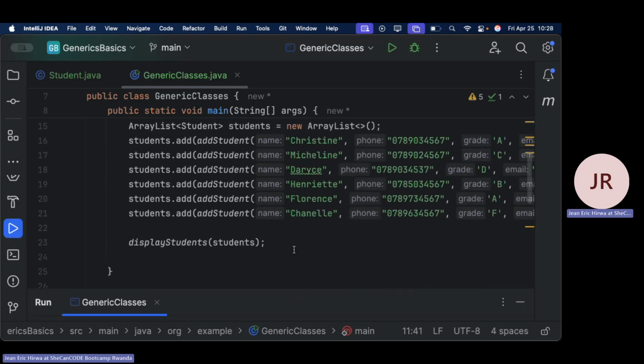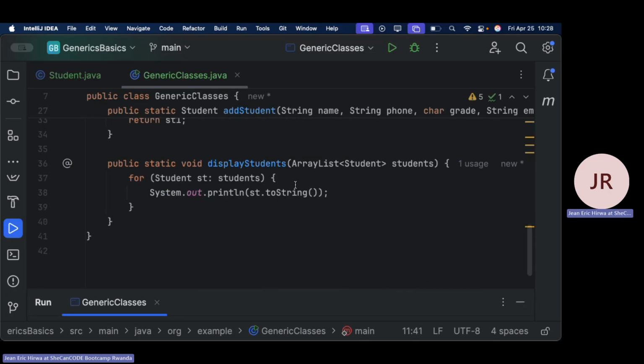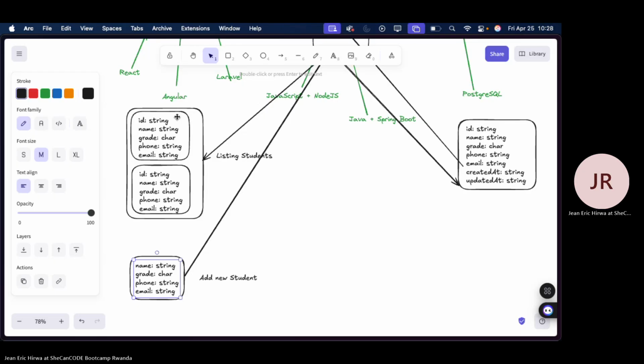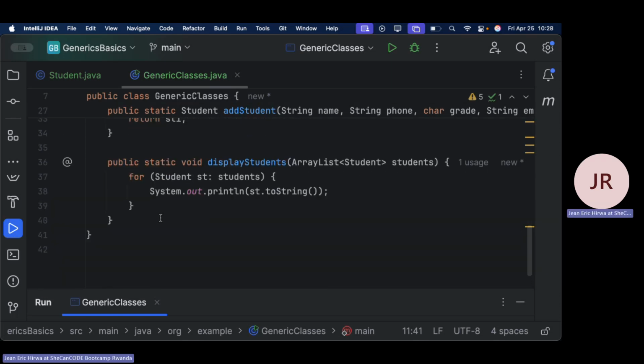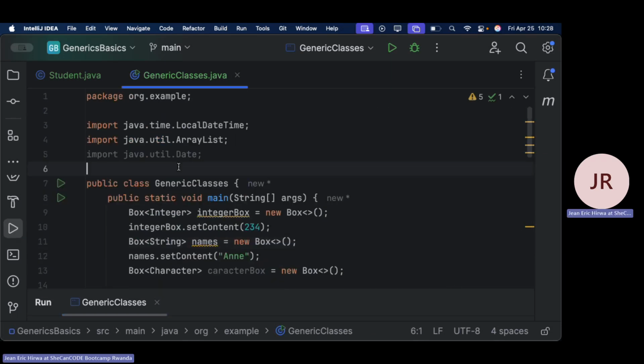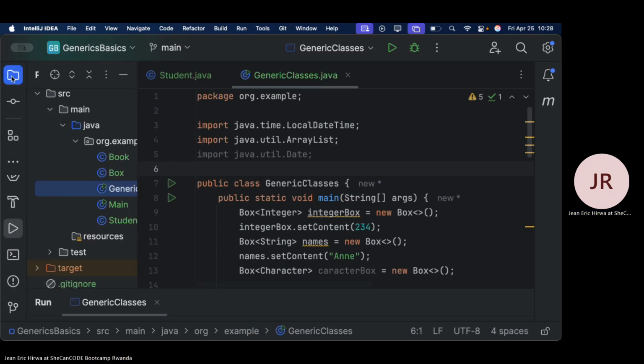So now, as you can see, we have our students, right? For example, I want to say, I want to specifically send to the front end, right? Only the following information: ID, name, grade, phone number, and email only. See that? So what are we going to do? Let me create a function, or let me create another class here and call it, most of the times it is going to be inside a